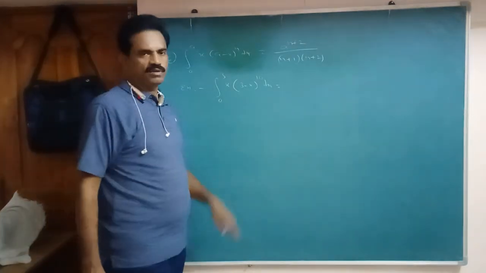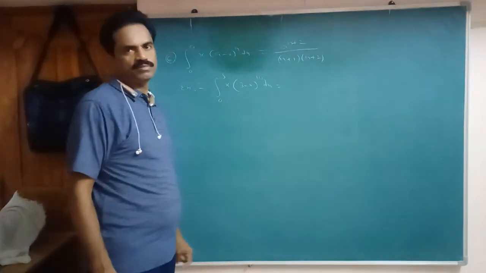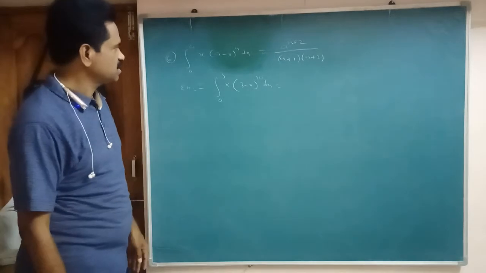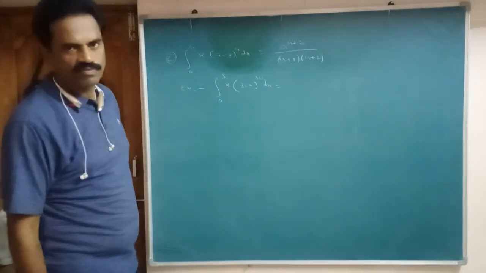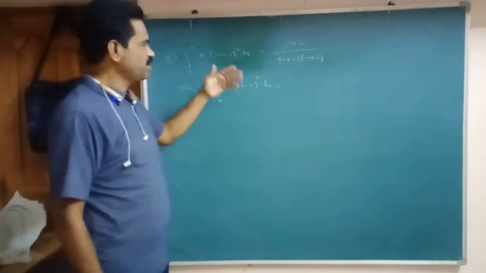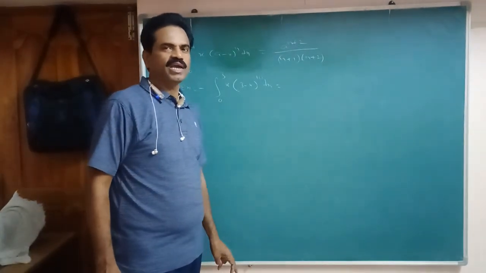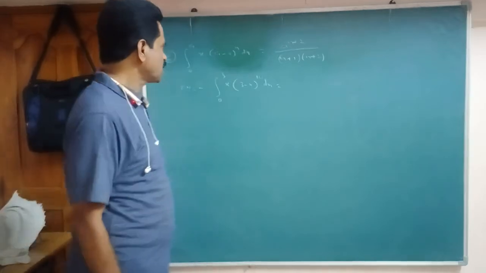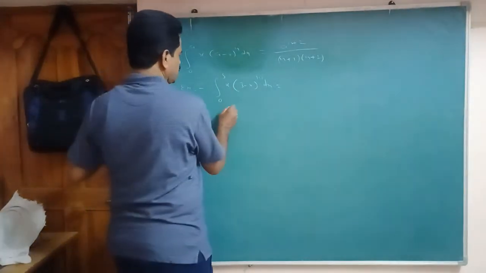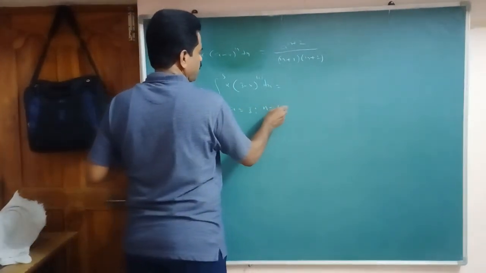See, observe here. It is also in IB LAQ problem. Sometimes it is 4 marks or 7 marks, they ask for a 4 marks problem. Here x into (a minus x) whole power n dx, we can write as a power n plus 2 by (n plus 1) into (n plus 2). Comparing here, a value is how much here? a value is 3 here and n value is how much here?